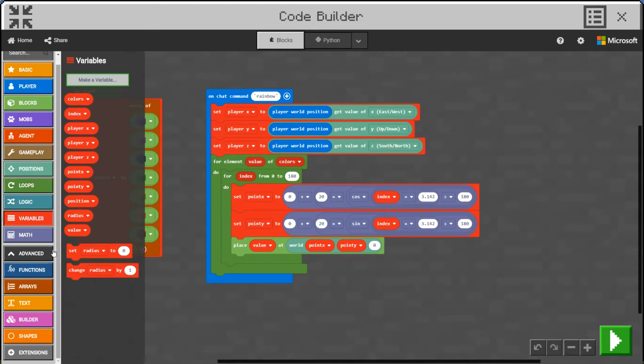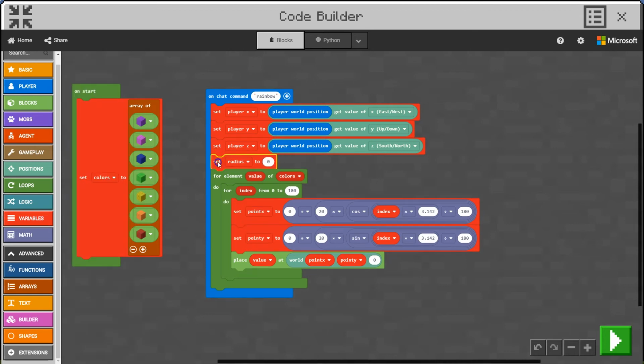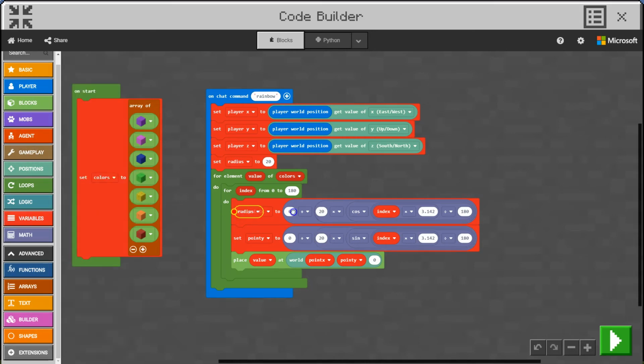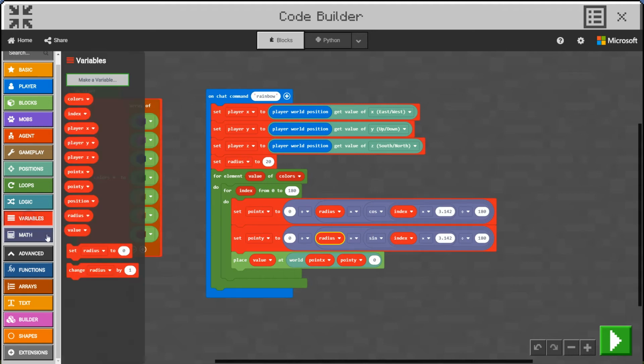And before we start looping through all our colours, let's set our radius to, let's try 20, because we've got the radius at 20 here and here. Good. And now what we do is we take this radius, and instead of this hard-coded 20 that we've got there, we just swap that for radius. So now, instead of always putting 20, it will put whatever we've got the radius set to, which is useful because